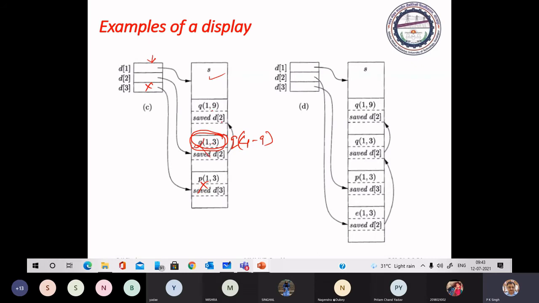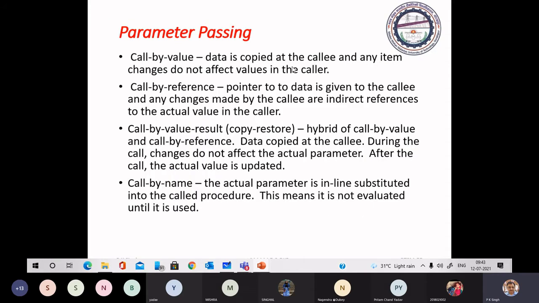You will have this 1 to 9 followed by 4 to 9, and this link is the control link. We keep the control link. So now you can go through this.